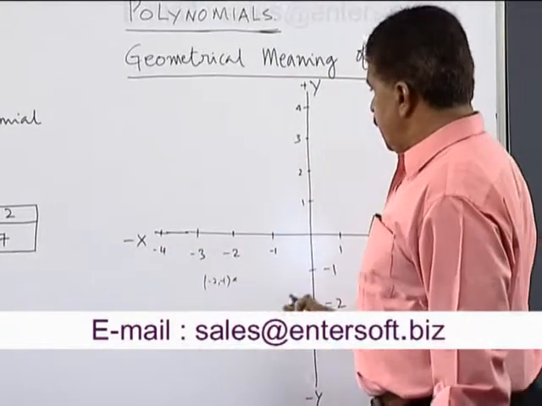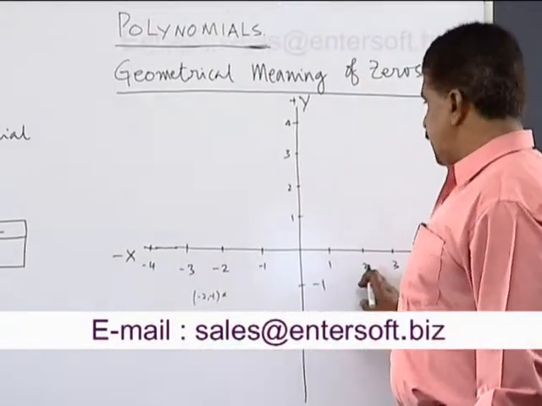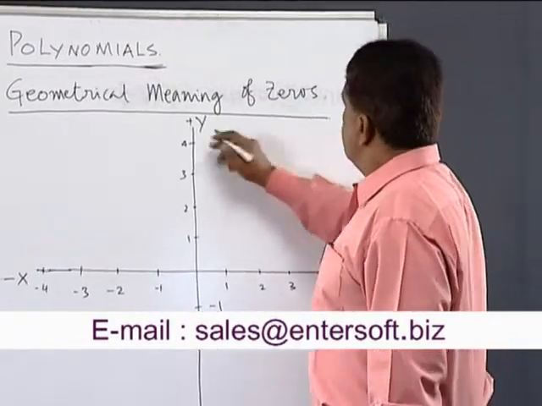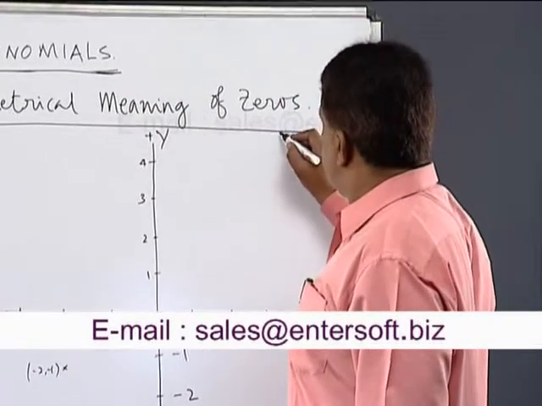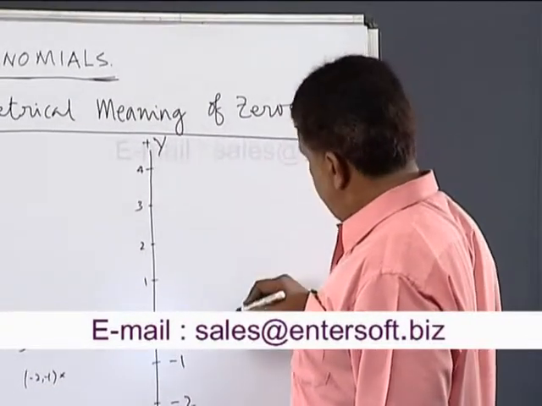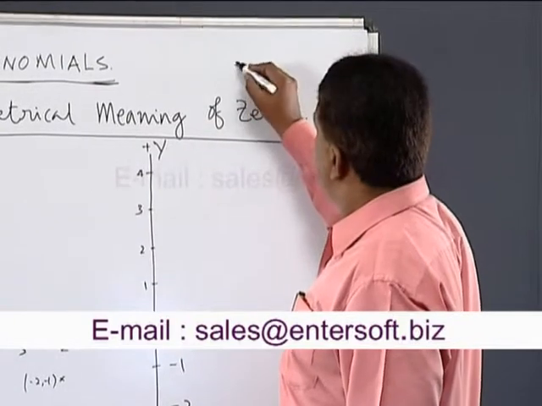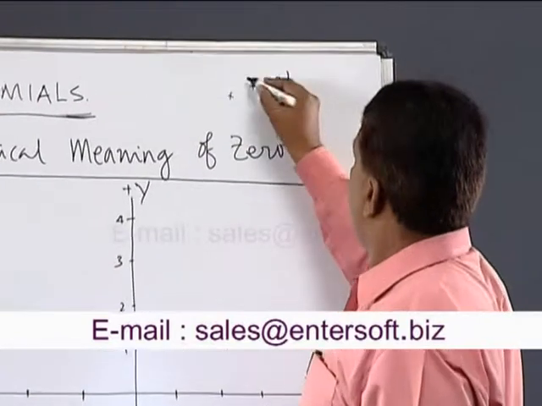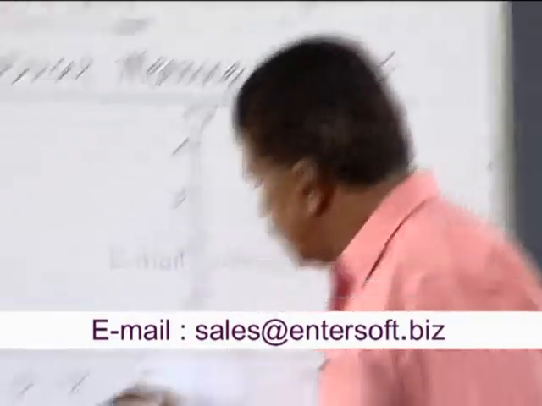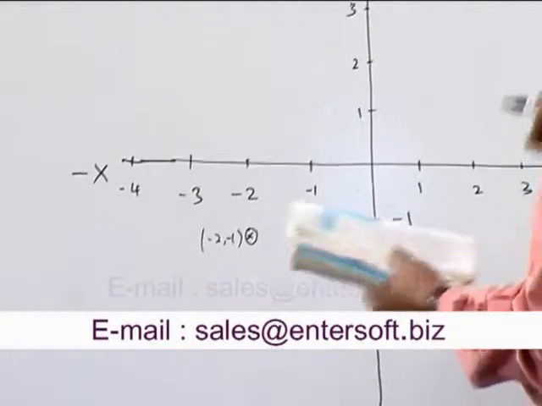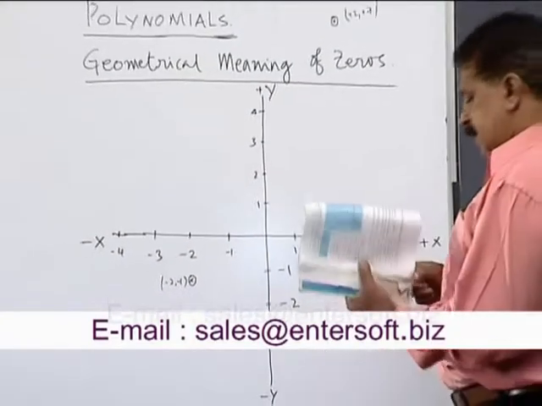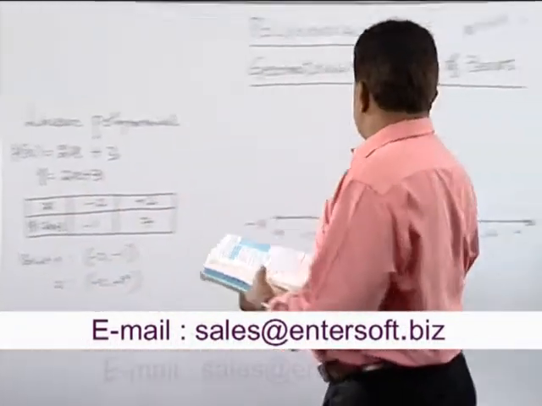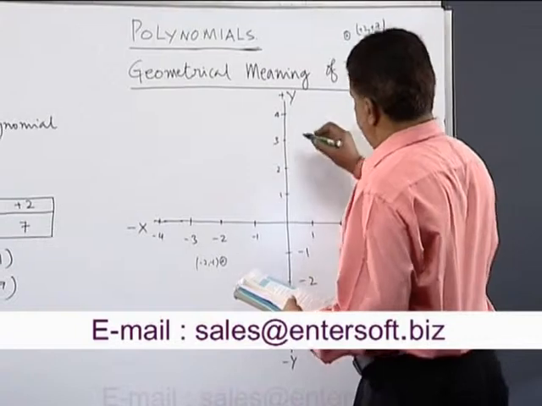Now what is the next point? Plus 2 on the x-axis, plus 7 on the y-axis. So it is somewhere up there. So 4, 5, 6, 7. Let me say somewhere it comes here. This is plus 2, plus 7. Okay, this is one point. This is another point. Now I will connect them. I will use a different color for better understanding. So if I connect them,